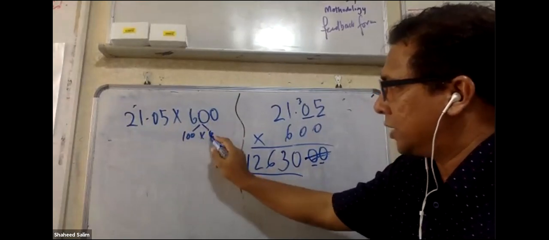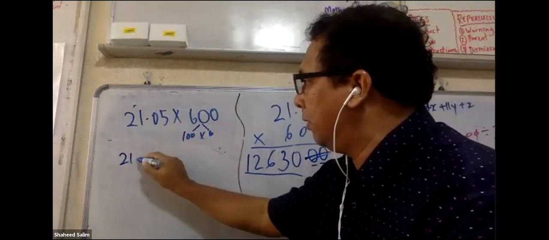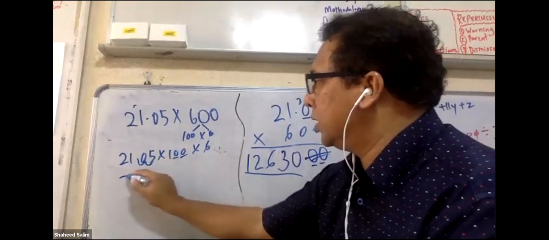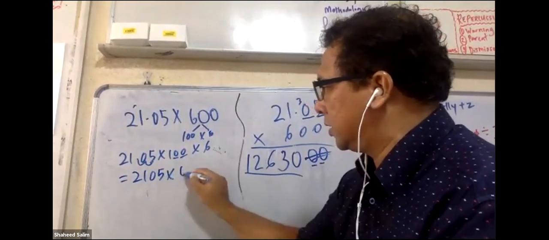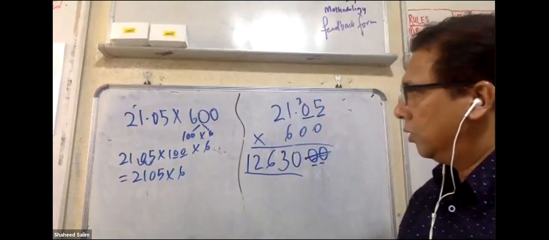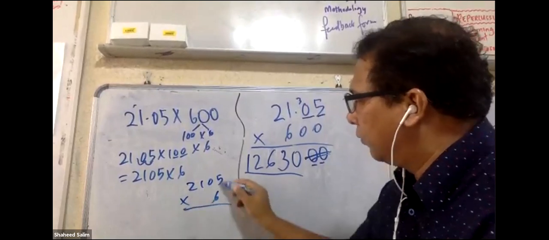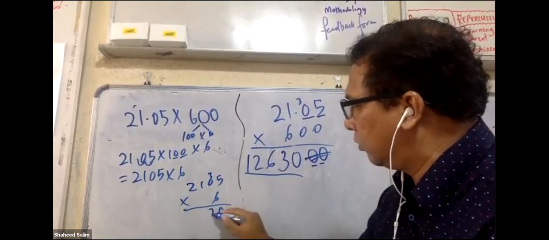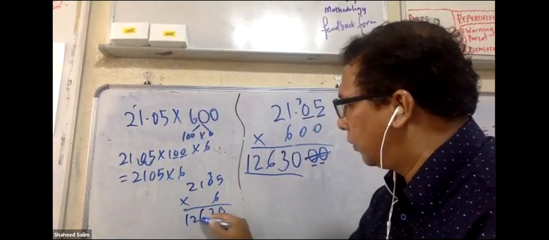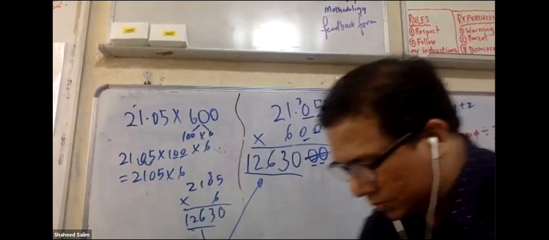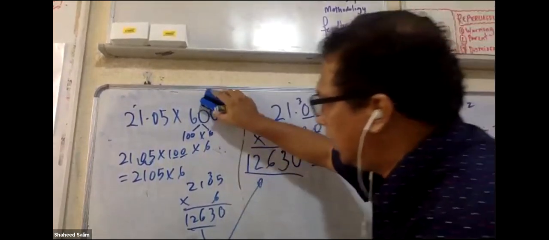Or you can do it by this one like that. 600 is 100 times 6. So I do 2105 times 100 first, then times 6. I shift it, so this is the same as 2105 times 6. If you find it easier, 2105 times 6, you get 5 times 6, 30, carry 3, then 1 times 6, 6, 12. Can you see? You get the answer straight. You want to do this method, no problem. But remember, if you're multiplying, how many zeros? Add the zeros first.